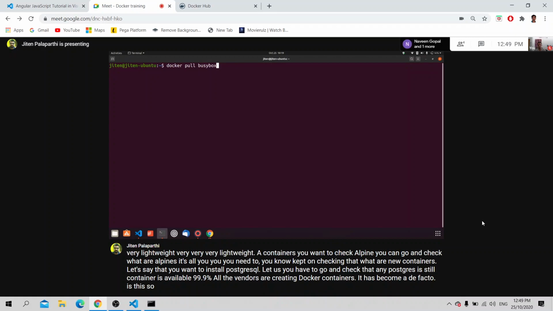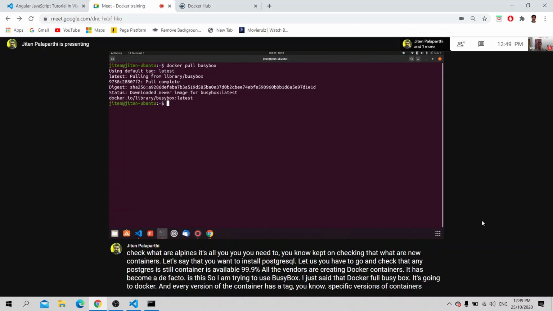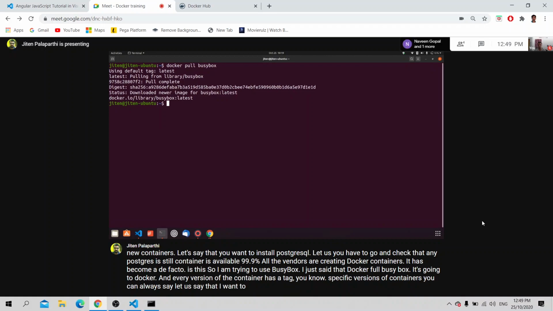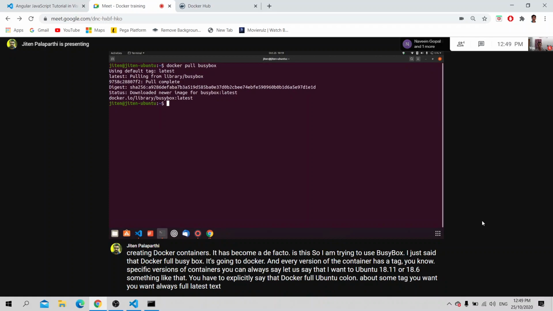So I am trying to use BusyBox. I just said docker pull busybox. It goes to Docker Hub, and every version of a container has a tag. You can always say, let's say, I want Ubuntu 18.11 or 18.6, something like that. You have to explicitly say docker pull ubuntu colon some tag. If you always pull the latest tag, that means just built and deployed. If you know what the latest is, you don't need to give anything explicitly.